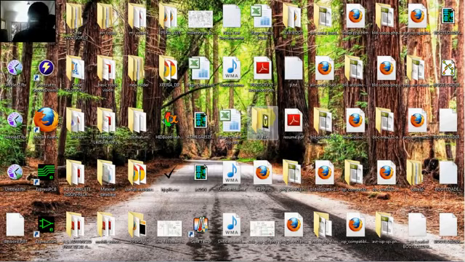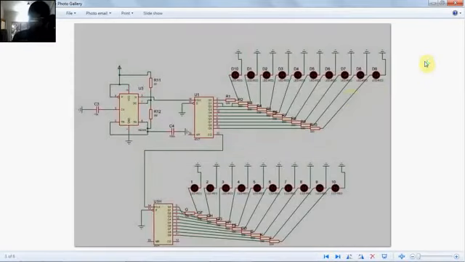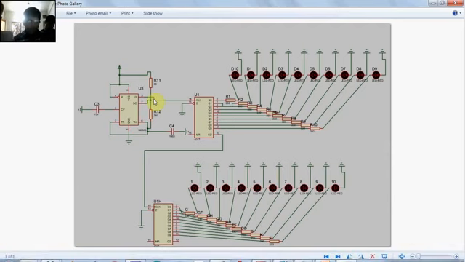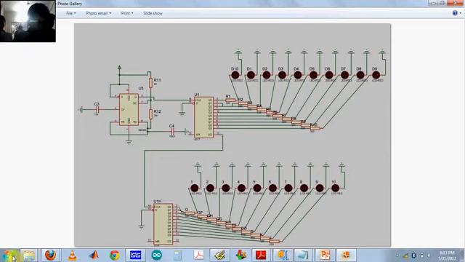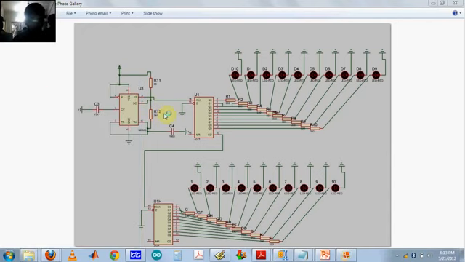This is actually having an NE555, 2 resistors, 1 capacitor, a ground, powering, 4017 another controller IC, diodes, and resistors. Okay, that's all. And I will also be simulating this. I hope you all know that NE555 is used for making a clock.